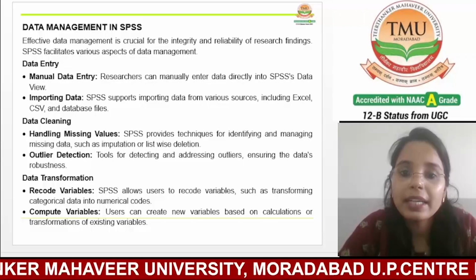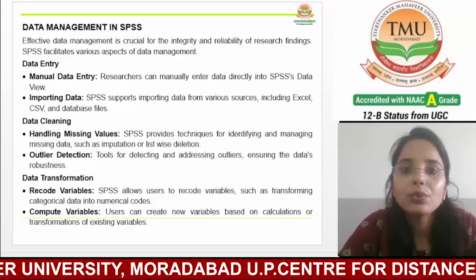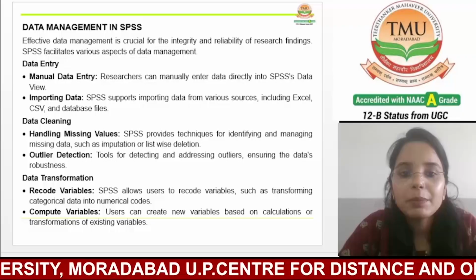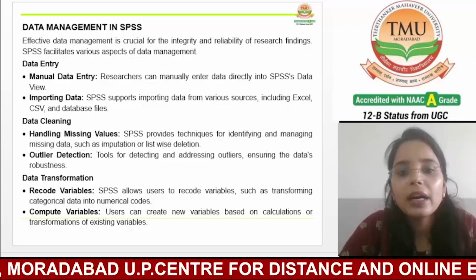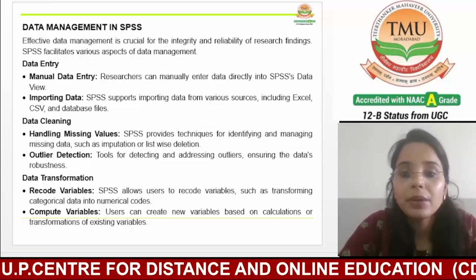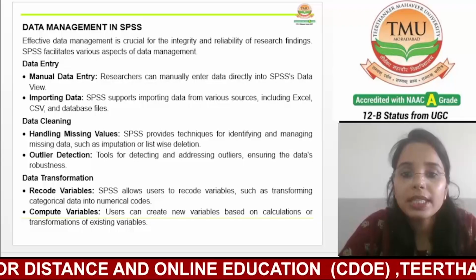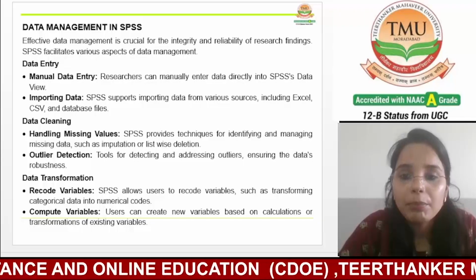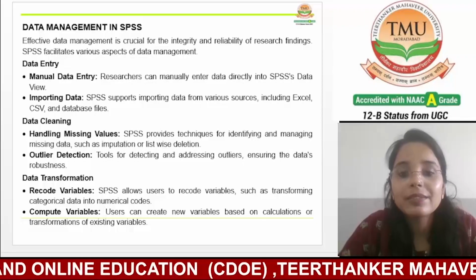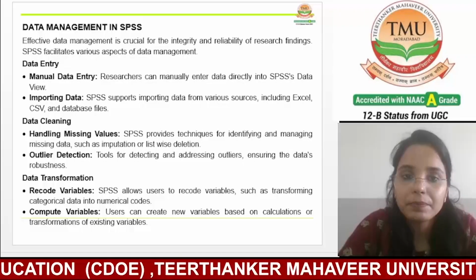SPSS helps find these missing values and decide what to do with them. In SPSS, you can either ignore them, replace them with estimated values, or remove those data points. Properly handling missing data is very crucial, very essential to keep your results accurate.